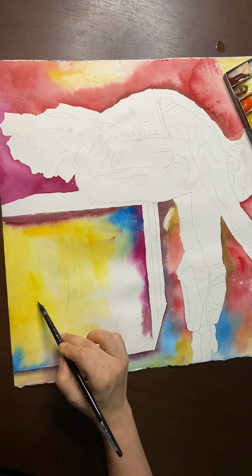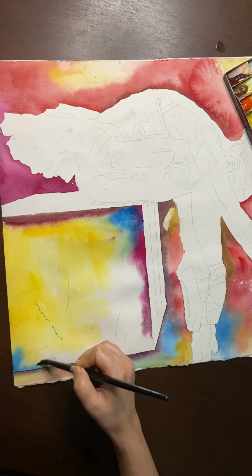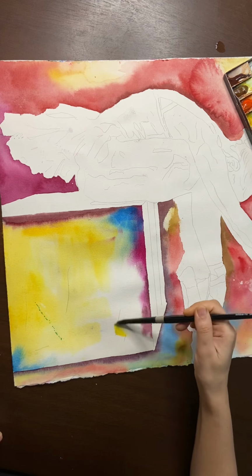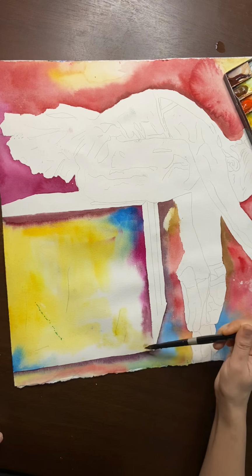Oh God, look at that! I made an accident. It's okay. Leave it. So there it is, and look at the color going up and down. So I'm going to use some of my yellow and put some in this portion. Okay,